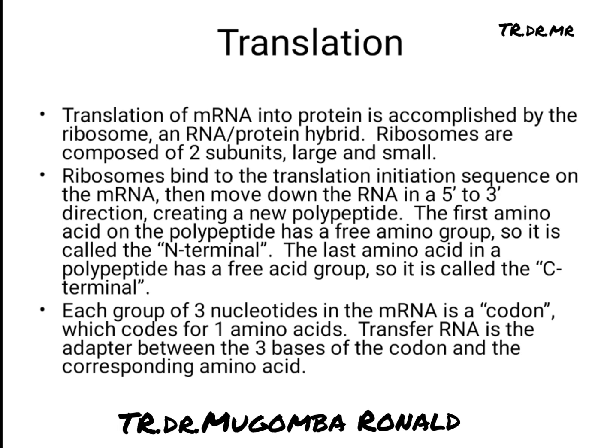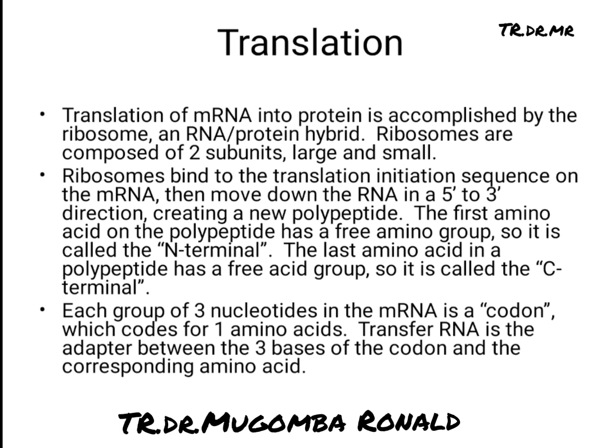One, we need the requirements for the process of translation to take place. We need enzymes. As we are going to see, we have enzymes like amino acid transfer RNA synthase, which plays a very important role in activation of the transfer RNA. We have other enzymes, like translocase. So we are going to look at different enzymes. We also need transfer RNA molecules, amino acids, ribosomes, ATP, and